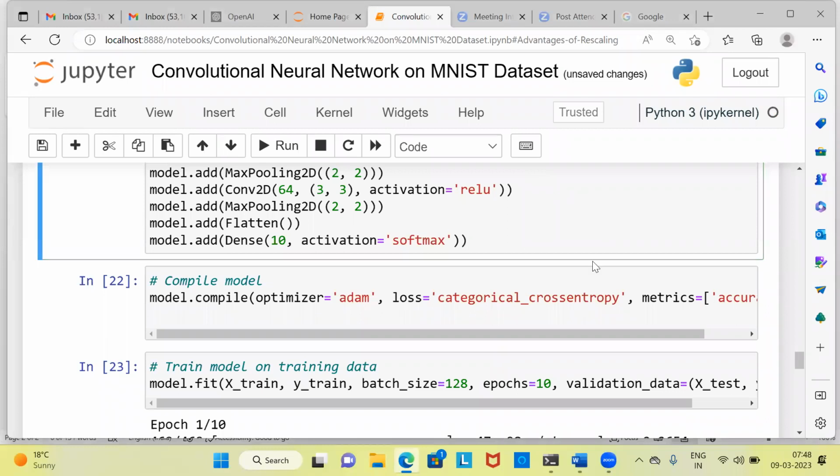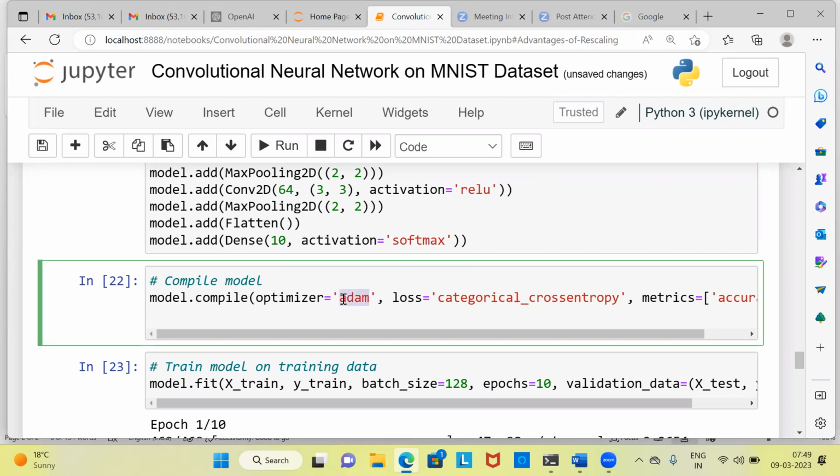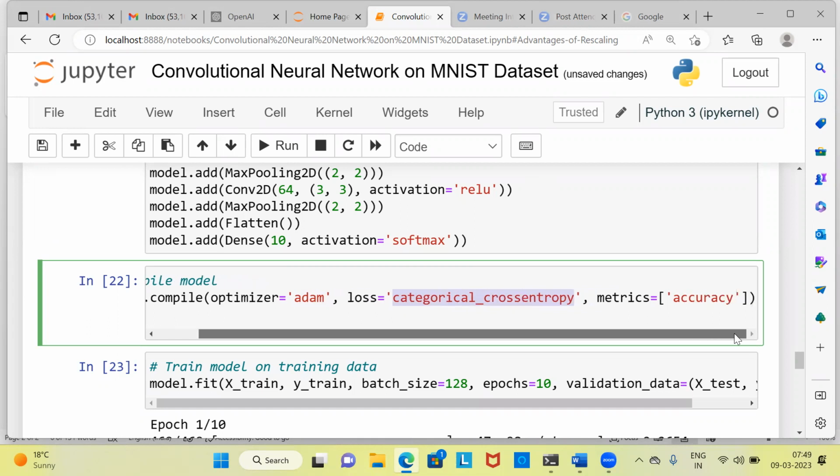Once we have defined the architecture of the model, the next step is to compile the model. What exactly are we doing at the compilation stage? In the compilation stage, as you can see here, we are specifying an optimizer. The name of the optimizer is Adam optimization. The loss function that we are using here is categorical cross entropy, and the metric that we are checking for